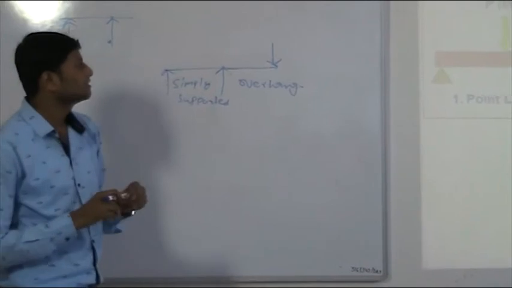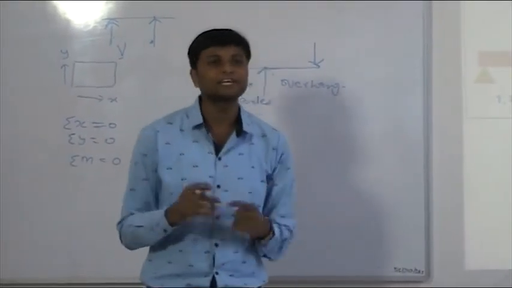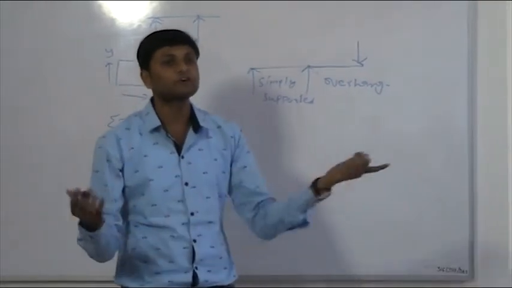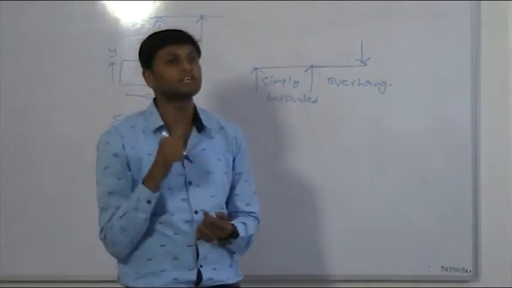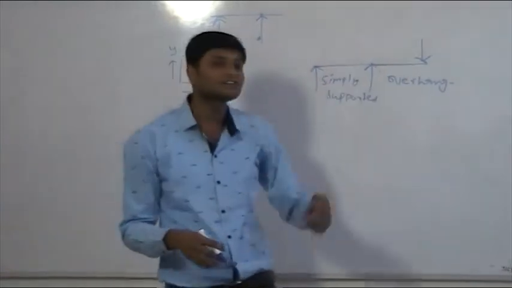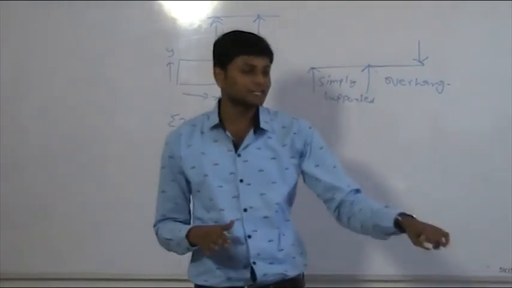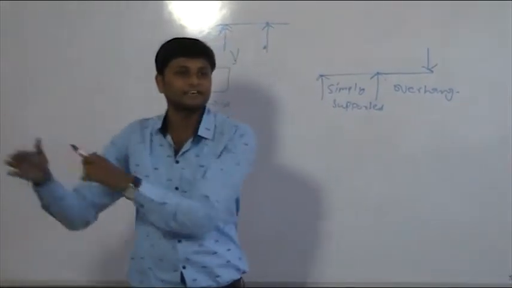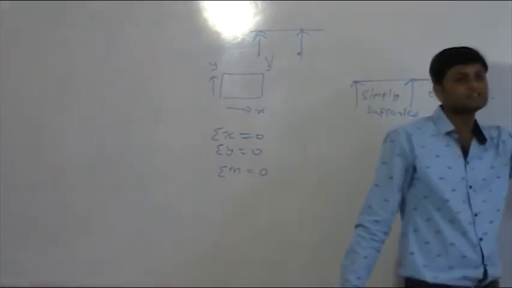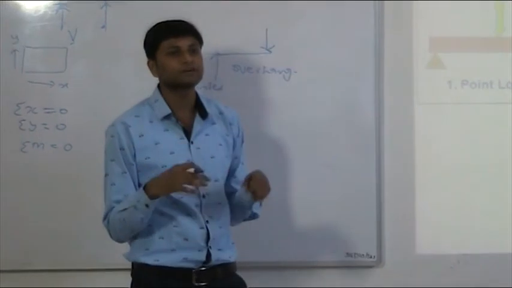Next, types of load. Suppose there is a table and a man weighing 100 kg standing in the middle of the table. What type of load is this? This is a point load. If he lies down over the table, this type of load is called uniformly distributed. A number of persons with weights of 50 kg, 60 kg, 70, 80, 90 in sequence, what type of load? Uniformly varying load.